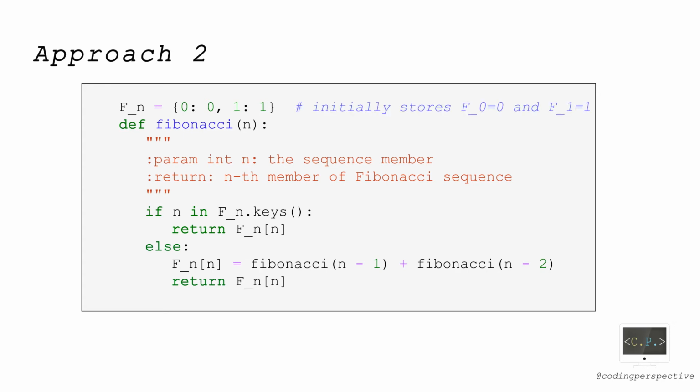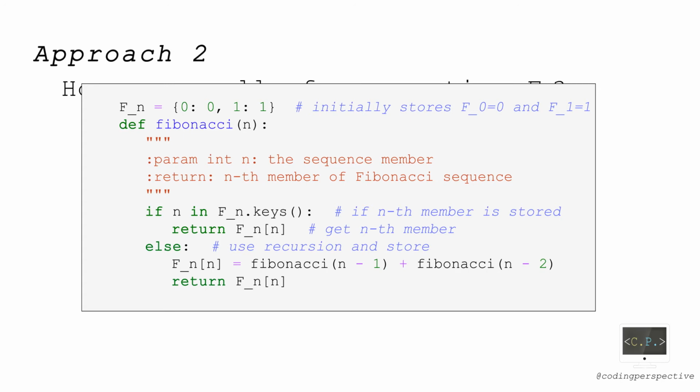In the first line, we define a dictionary which stores fn's that have already been calculated. So, in our function, we will first check whether we can get the corresponding member of the sequence from this dictionary. If so, we will just get it without any computation. If not, we will compute it by using the recursion and then store it in our dictionary. The main difference of this approach with the previous one is that we only use the recursion whenever we need, and we compute each required member of the sequence exactly once and then store it.